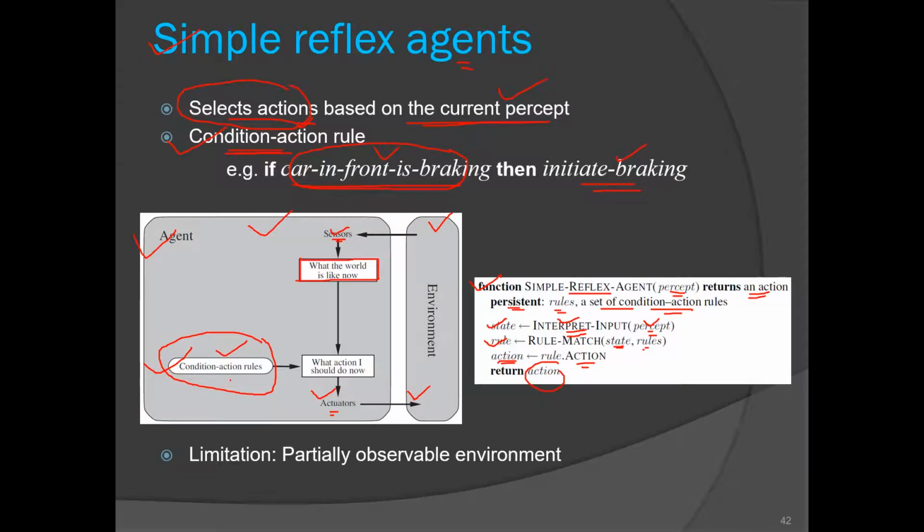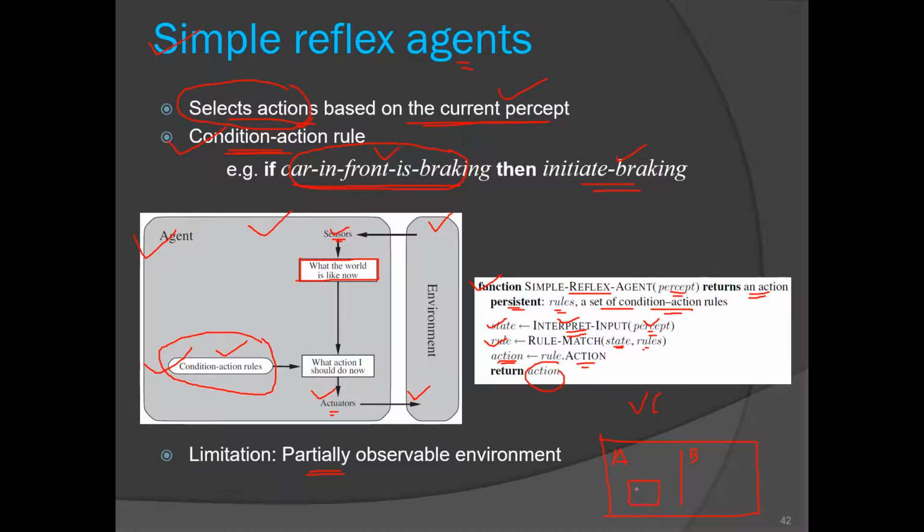Now this agent can work in the fully observable environment only. Consider if my environment is partially observable. Consider our vacuum cleaner world. We know that there were two blocks in the vacuum cleaner world, A and B, and consider our agent is in block A, and its location sensor is not working.